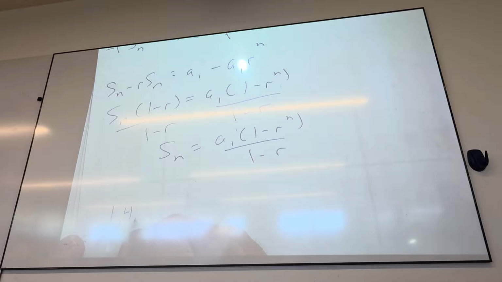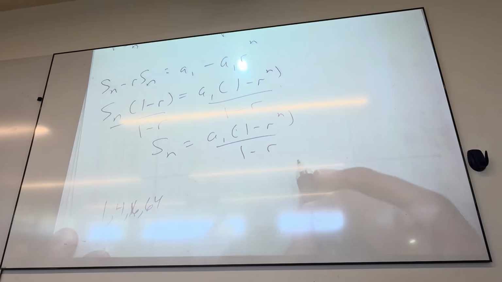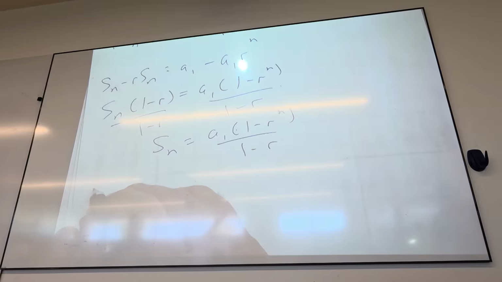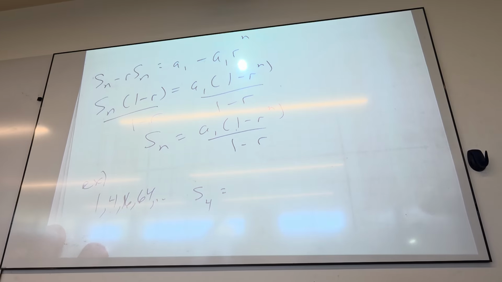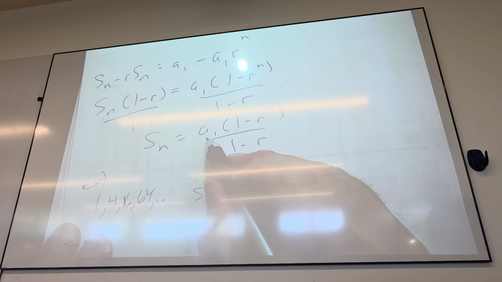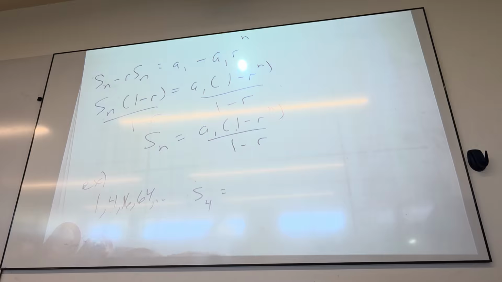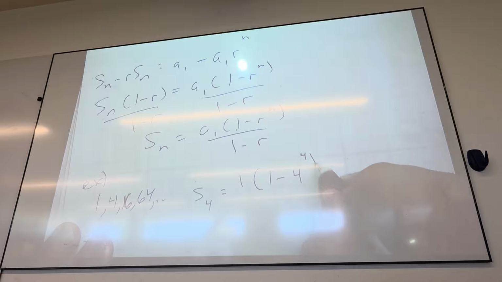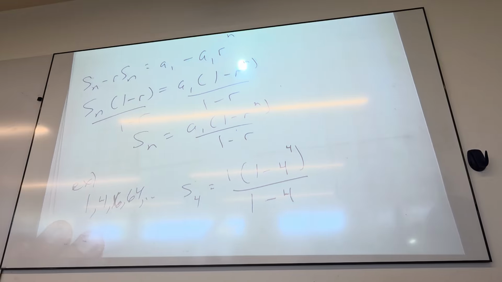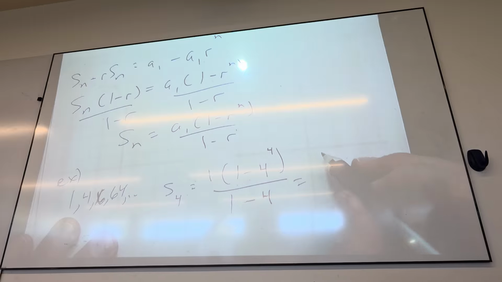So for this thing here, let's say I want to know, so here's an example. Let's just do S4. Because that's something we can just do directly. If I want to know S4, what's a1? What's the first element? 1. And then what's r in this case? What do I keep multiplying by? 4. And then n is 4, yes? 1 minus 4. So I get 1 minus, what's 4 to the 4th? 256. So it'll be 1 minus 256 is